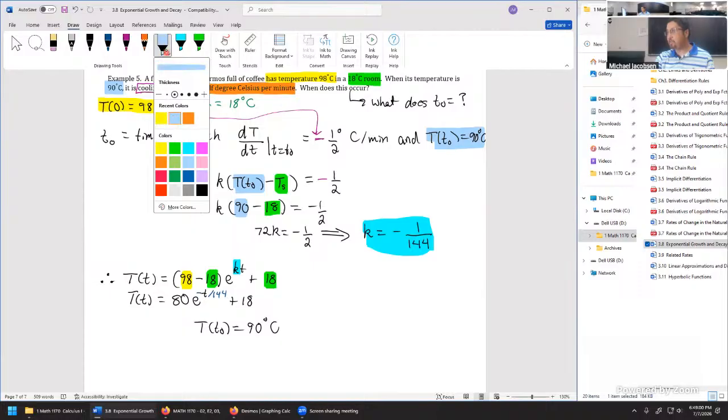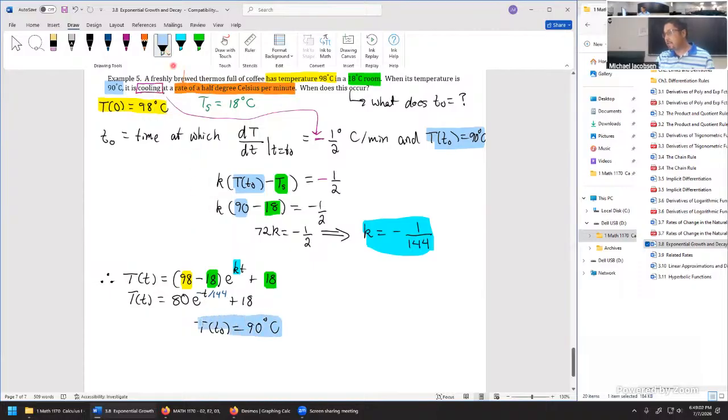So going back to that equation, we can now solve this equation for T naught because over here we have the temperature at any time. We take this entire output, and all we're doing is plugging in T naught for that variable T,